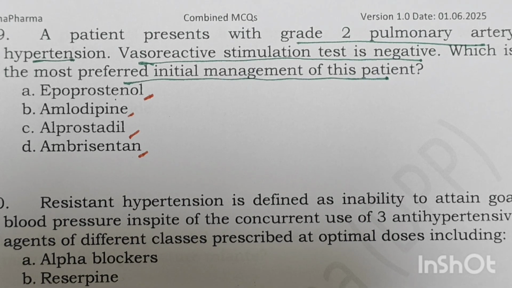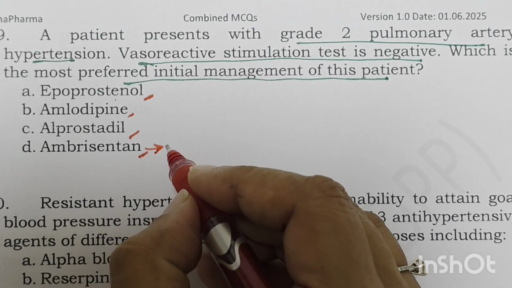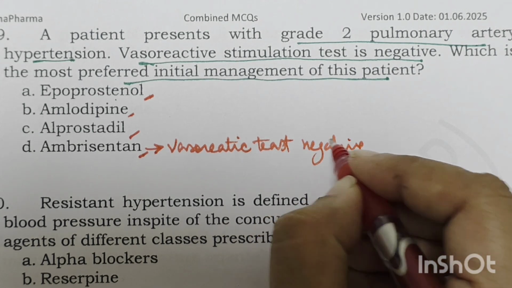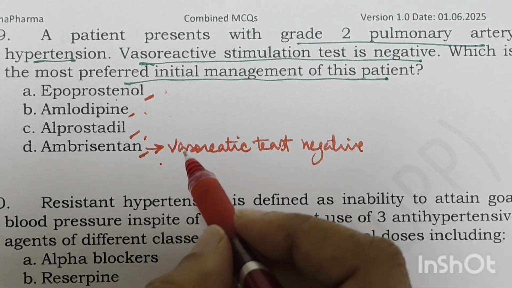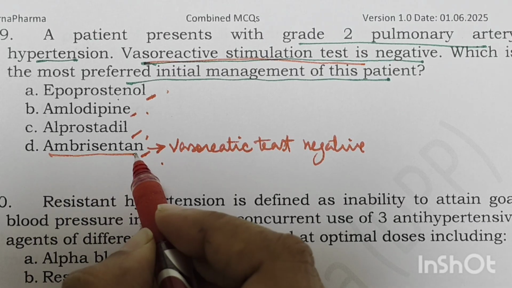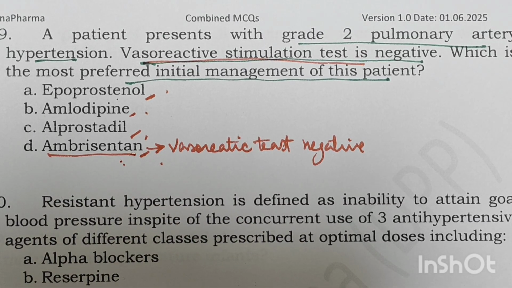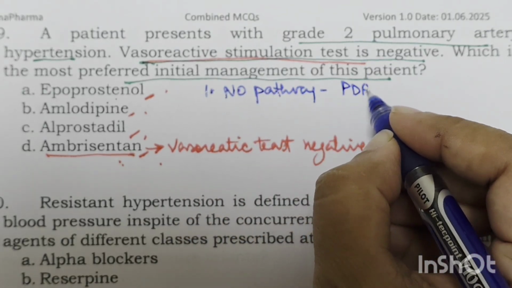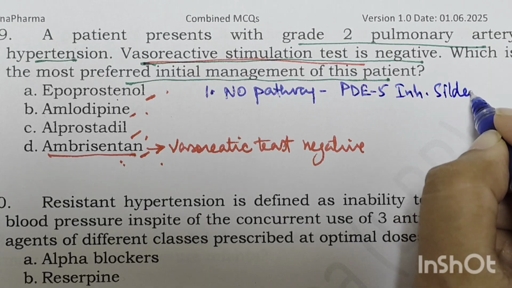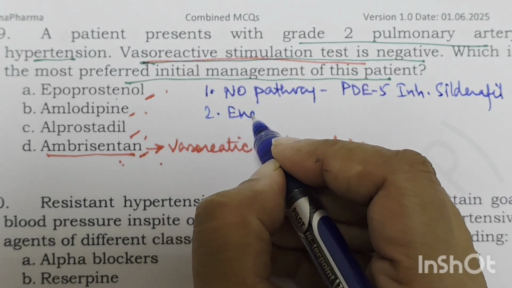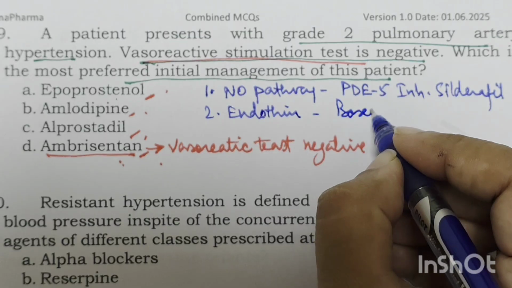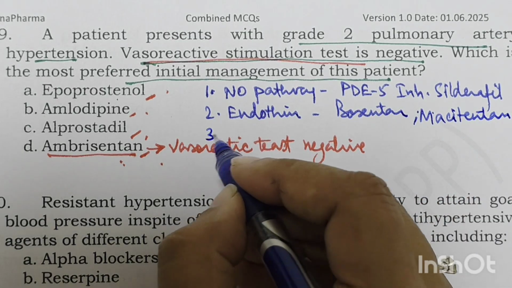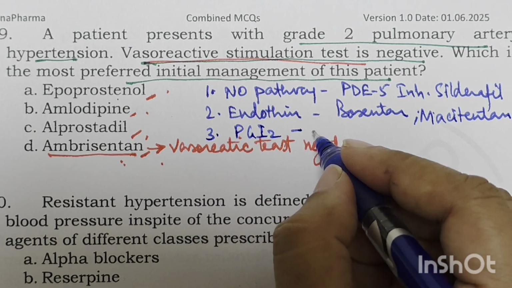Now endothelin receptor antagonists are indicated when vasoreactive stimulation test is negative. As you can see, all these drugs are used in pulmonary arterial hypertension, but if vasoreactive stimulation test is negative, then the drug of choice is bosentan, ambrisentan, macitentan. Let's see the drugs which are used. The first category is the nitric oxide pathway, and in that we have phosphodiesterase 5 inhibitors, that is sildenafil. Then second is endothelin receptor antagonist, in which we have bosentan and ambrisentan and macitentan. Then third we have prostacyclin pathway, in which we have